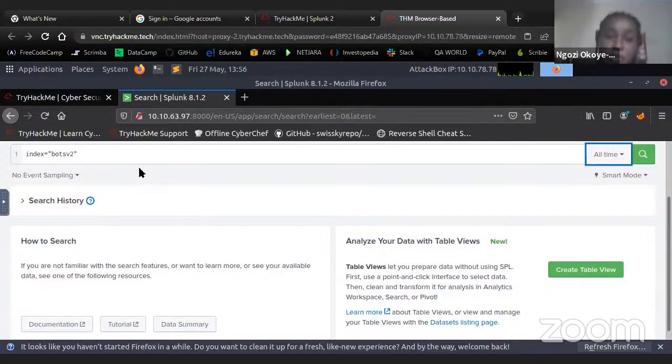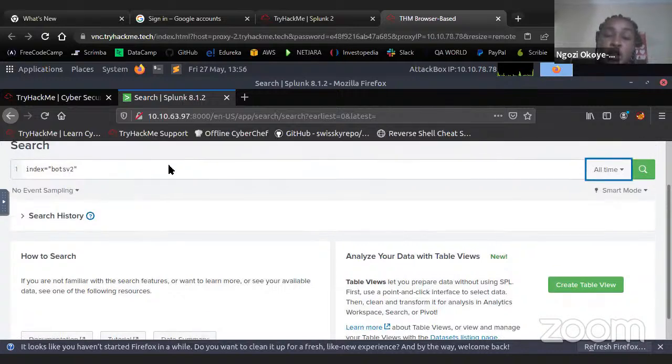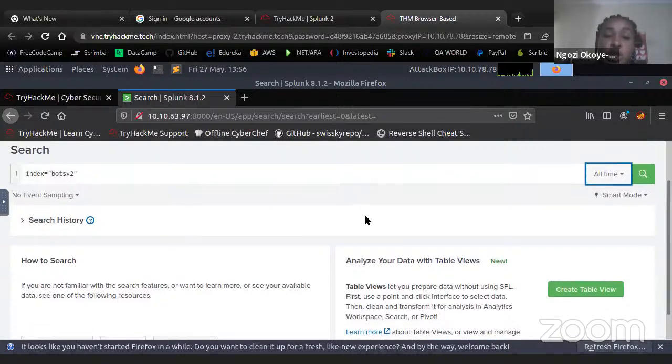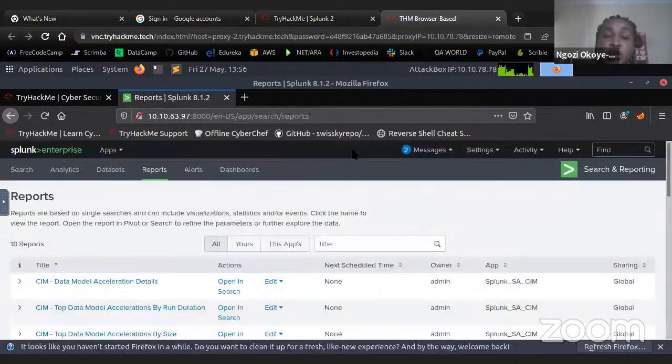Okay, so like my team member had already previously said, we'll be carrying out this investigation using Splunk. Now, Splunk is a security information and event management platform, software-based, that is used to monitor, analyze, visualize, and explain real-time events. To begin this investigation, we go to our Splunk page and to our search bar,